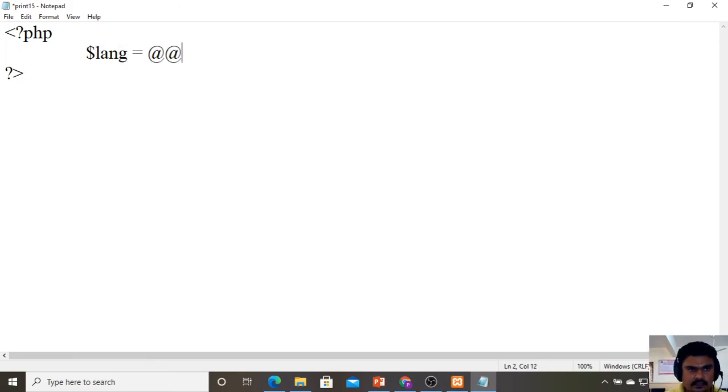So for the lang I am going to give the input value as php, then I am taking another variable called return.